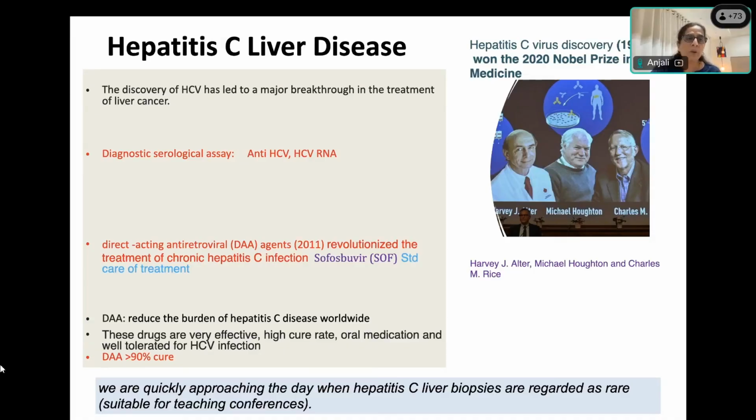This is all because of the treatment, that is direct acting antiviral agents, which is an excellent treatment. In 2020, I used to report almost every day 3 to 4 biopsies of hepatitis C. Nowadays, I report only 1 to 2 cases of hepatitis C liver biopsies, in which the clinicians are suspecting some additional features. So it is now extremely rare to get hepatitis C liver biopsies.